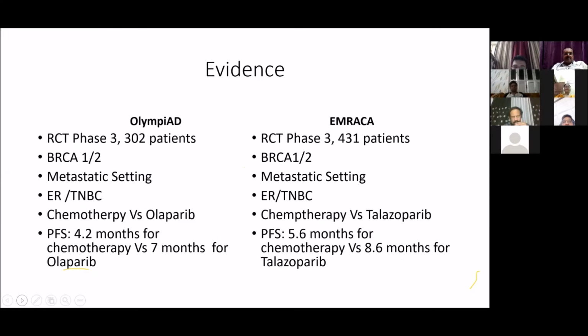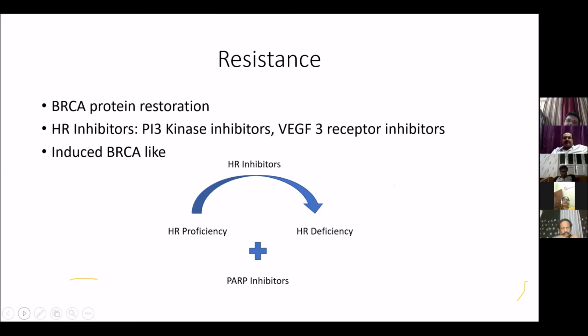But the story is not over here. There is more to it. That is, as the patient starts to take PARP inhibitors, gradually there is restoration of BRCA protein. BRCA protein gets restored, and again the HR pathway becomes functional. But this concept has brought into light